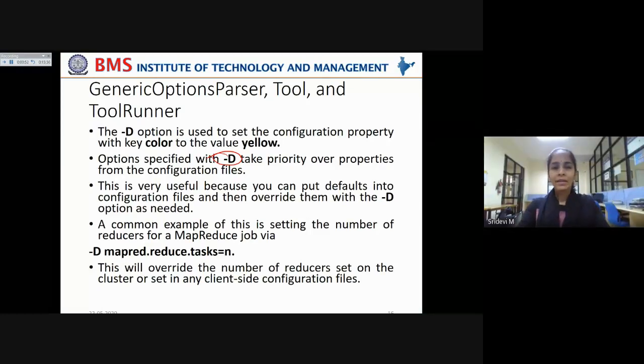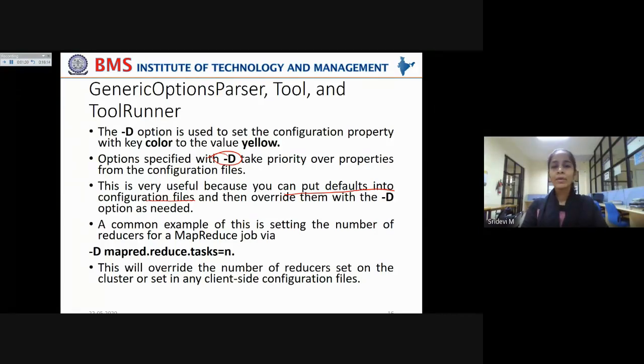This -D will help us to override already existing properties so that the user, if he wants to add some new properties or customize according to his wish, can use this -D so that it will override the default properties in the XML files that are added as resources. You can put defaults into configuration files in the initial stage and then override them with the -D option as and when you want to customize the properties.